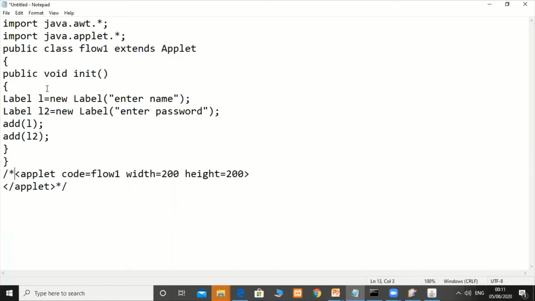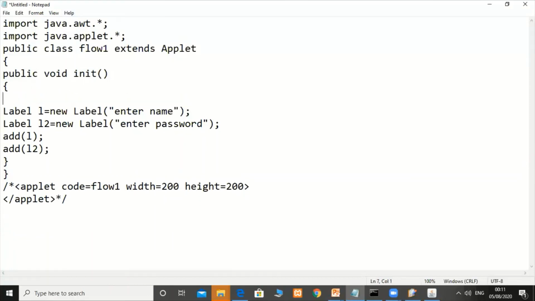Now save this file. Apply the layout here: setLayout(new FlowLayout()). Suppose first we'll see the default layout, how we'll get the output here.